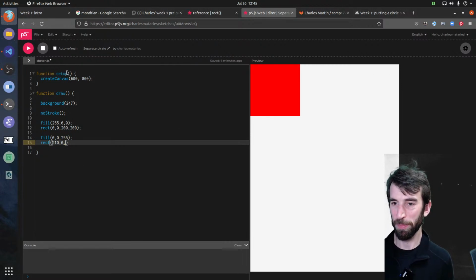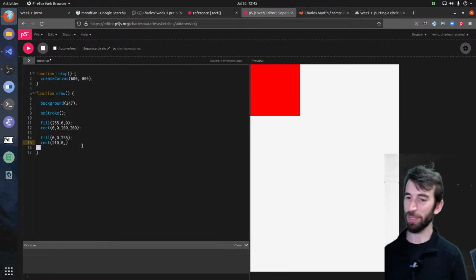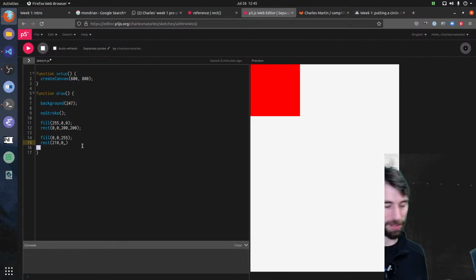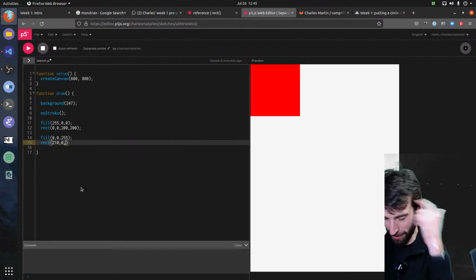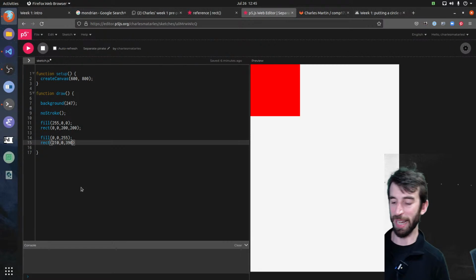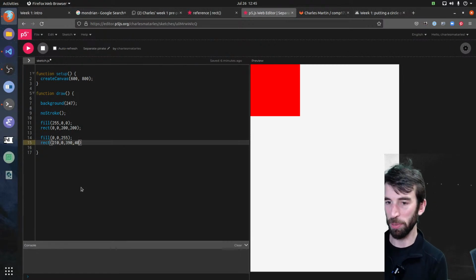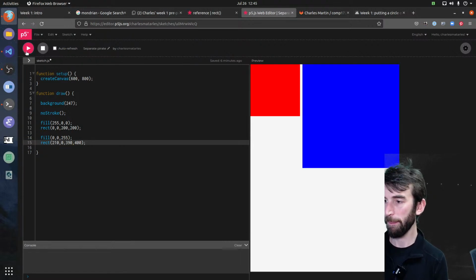And I want it to be for the rest of the screen. So my width was 600. 600 minus 210 is going to be what? 390. This is where the maths comes in, right? You have to do some little quick calculations in your head to work out how wide things should be to fill in the screen exactly if you want to do that. And then maybe I want it to be double the height. Nice blue square. I actually want it to be a bit further down, 550.